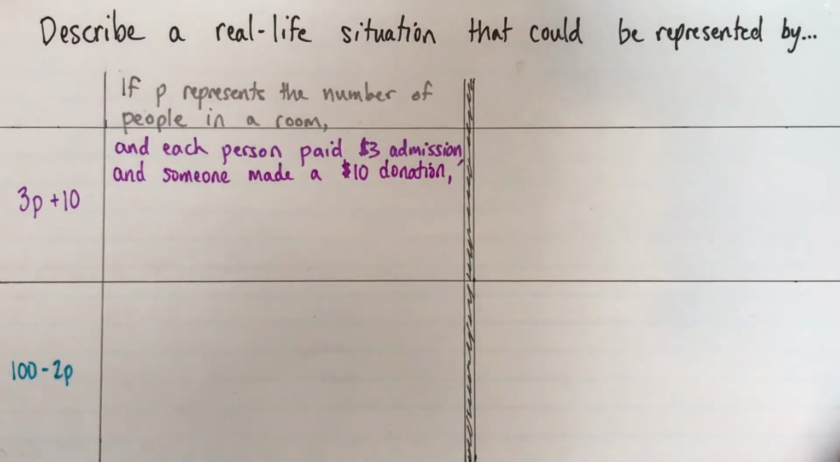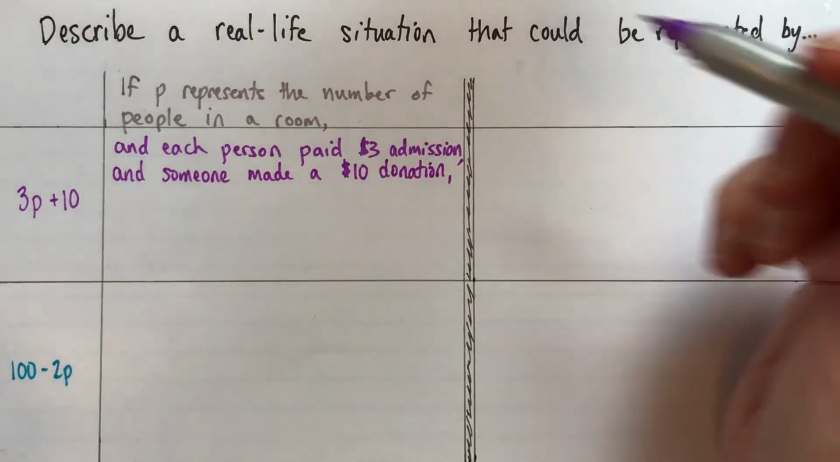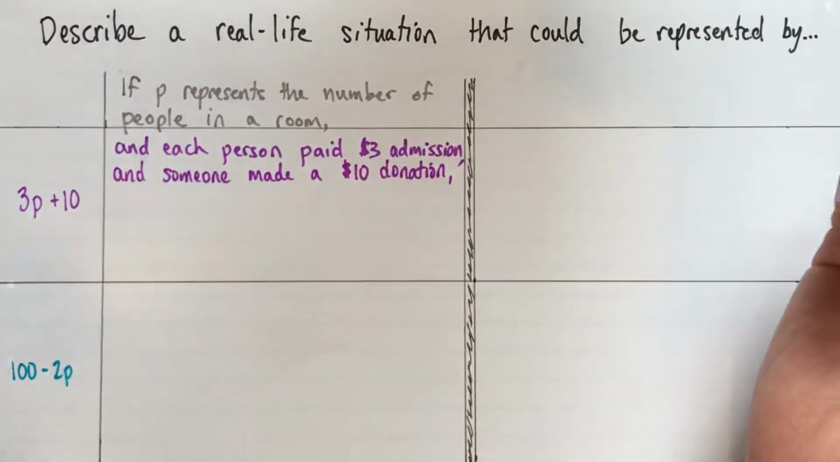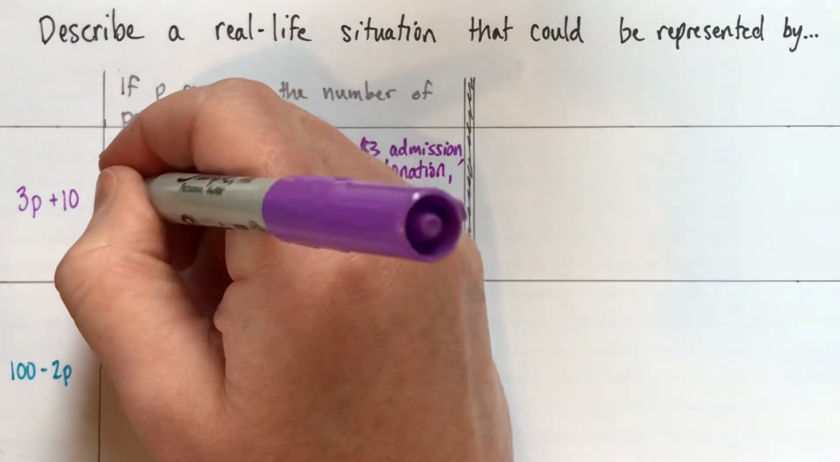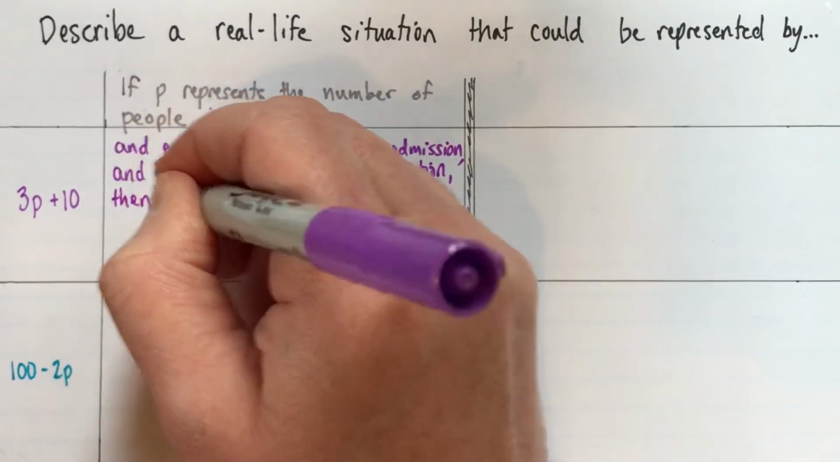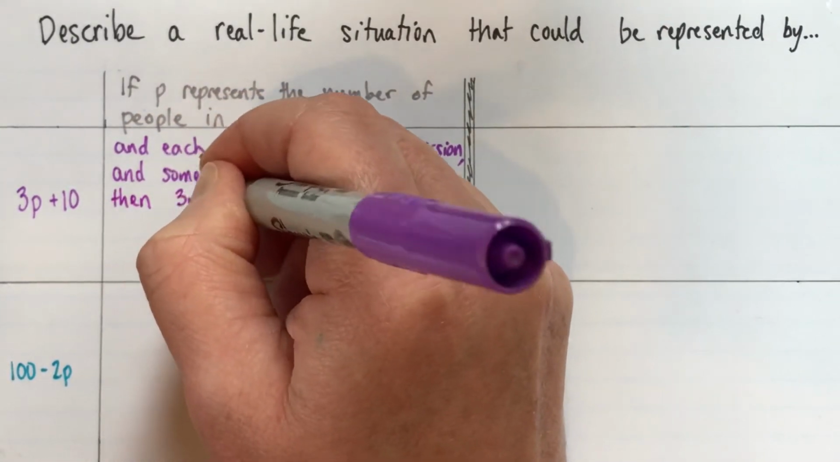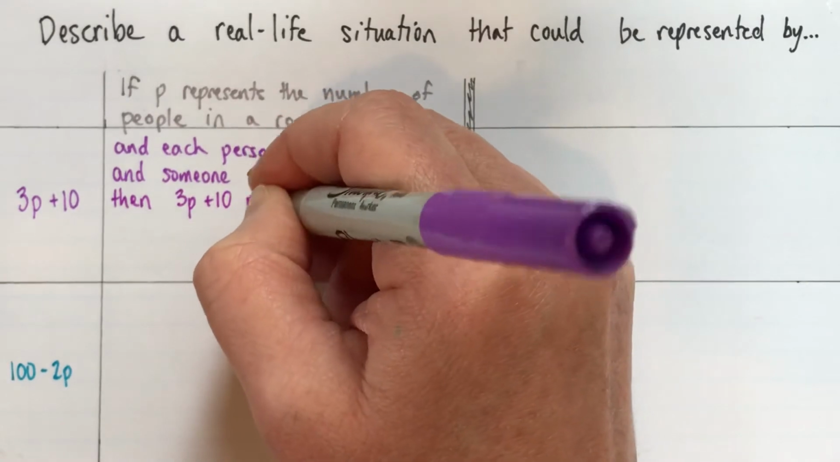Now, some of my students, at least, stop right there, which is too bad because it shows that they're really thinking about something good, but they haven't explained it fully. Now we need to explain exactly what 3p plus 10 represents. Then 3p plus 10 represents